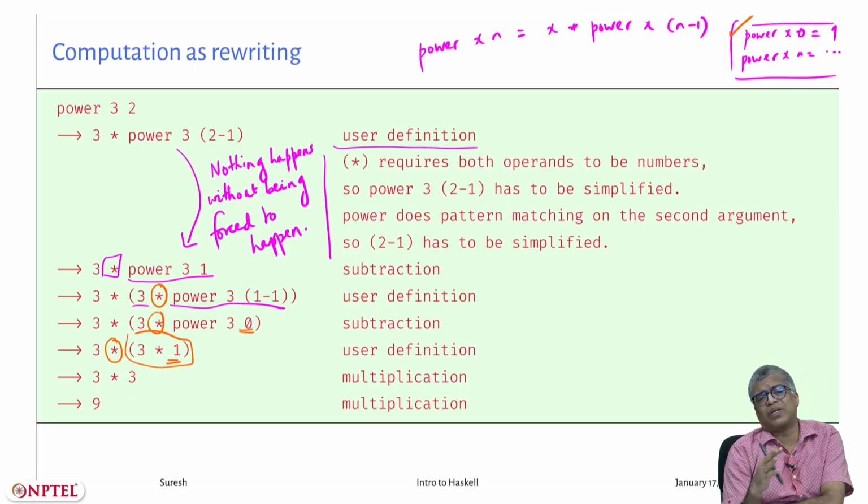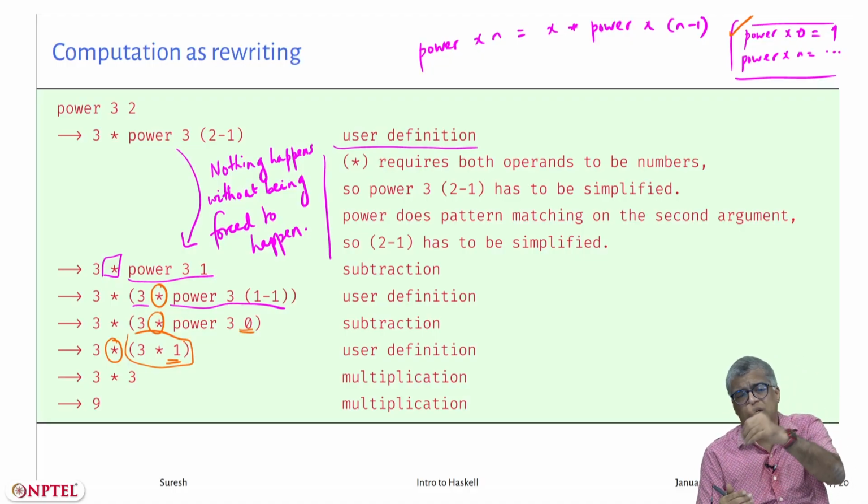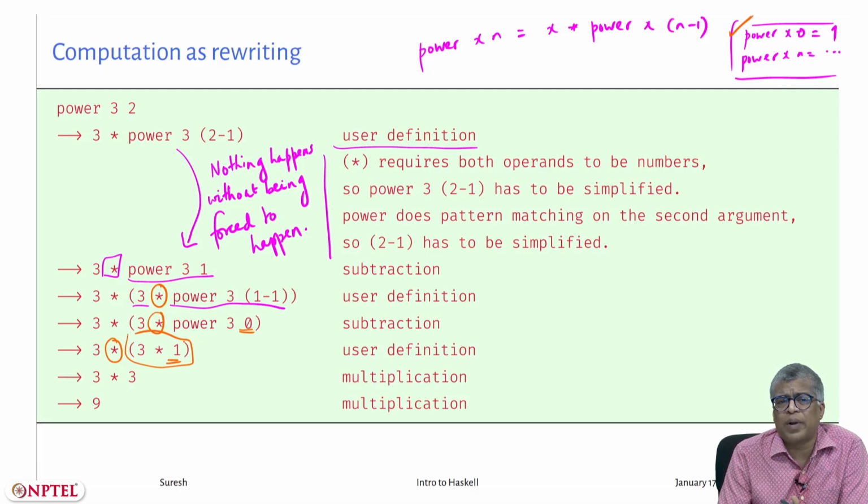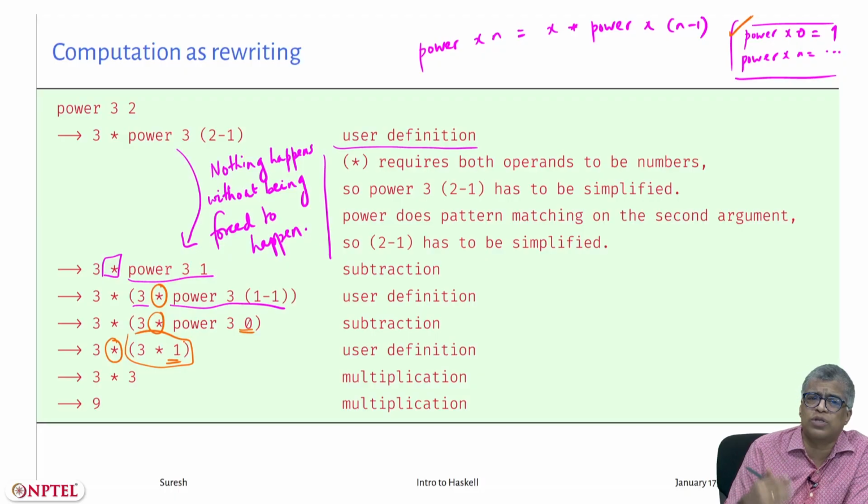Okay. So, you always start at the outermost operator, and if the outermost operator is some built-in operator, then it requires both arguments to be simplified. So, that forces simplifications in the sub-expressions. Okay. So, this is the whole pattern of movement of these reductions or rewriting in Haskell. I am making it sound complicated. Of course, Haskell has some set of rules which it will try to apply, and the set of rules just determine which sub-expression is rewritten.